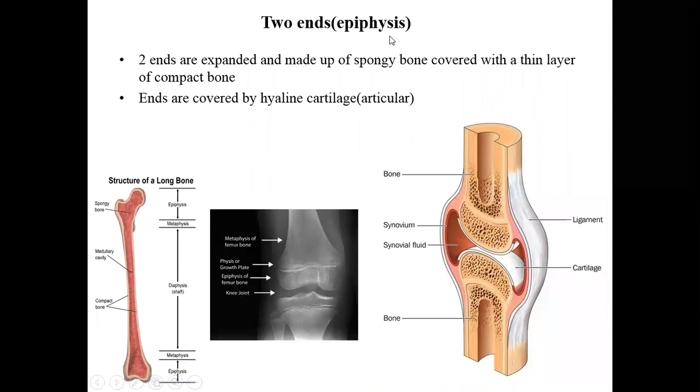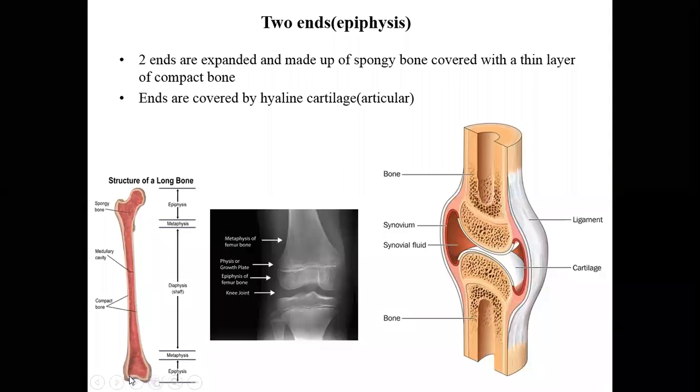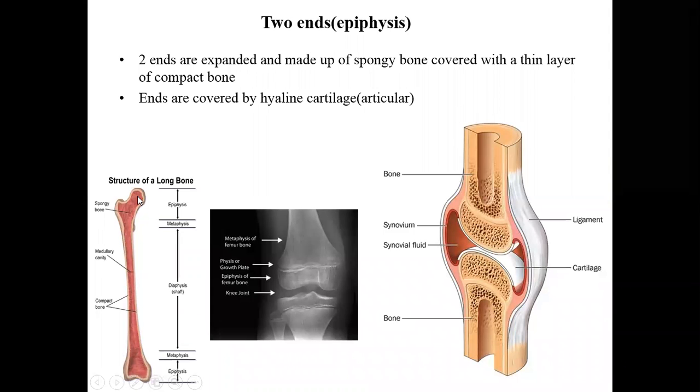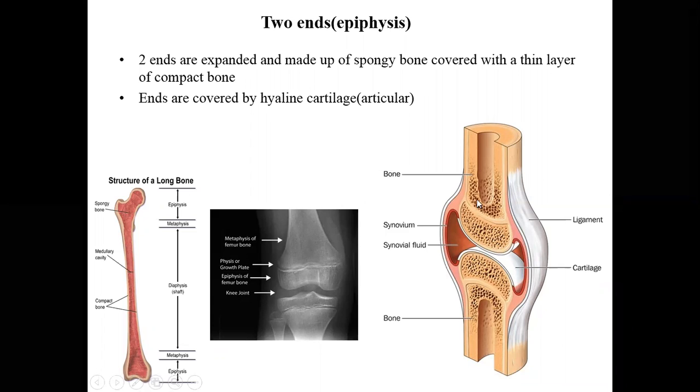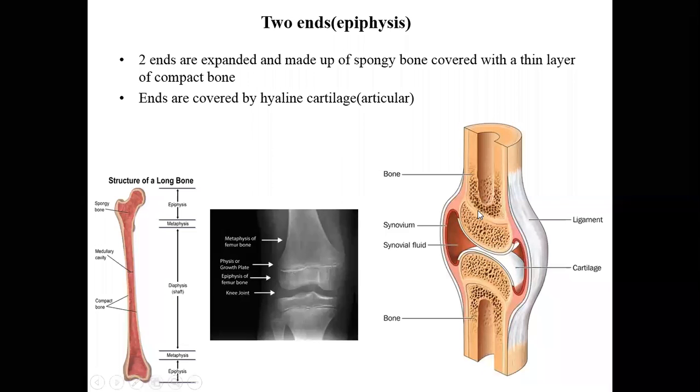Now, what is epiphysis? The two ends are called epiphysis. So the expanded ends are called epiphysis. They are made of spongy bone, which is covered by a compact bone. So we are going to see some terms here: compact bone and spongy bone. It's very clear from this picture. Here, this area,